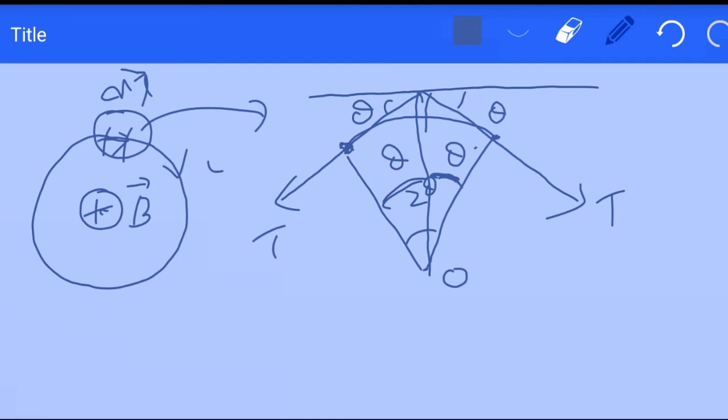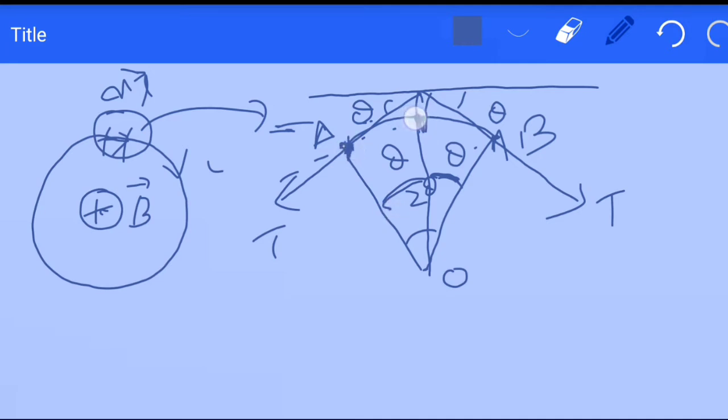So why are these angles equal actually? See, suppose this is point A and this is point B. If you move A and B closer, this angle 2 theta keeps on decreasing. Now if A and B move closer, the tension starts aligning itself along the horizontal direction. So if it aligns in the horizontal direction, this theta also becomes 0. When 2 theta is 0, B comes to this location, A also comes to this location, so theta becomes 0, and 2 theta also becomes 0.